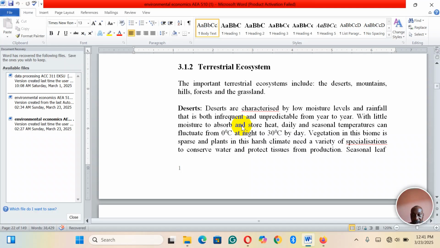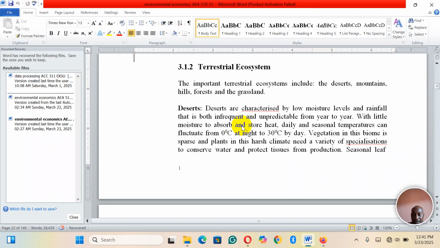I'm on your way and looking at the introduction to the course, the introduction to environmental economics. Last time, in the first stage, I talked so much about ecosystems and about the environment and others. Today we are looking at the terrestrial